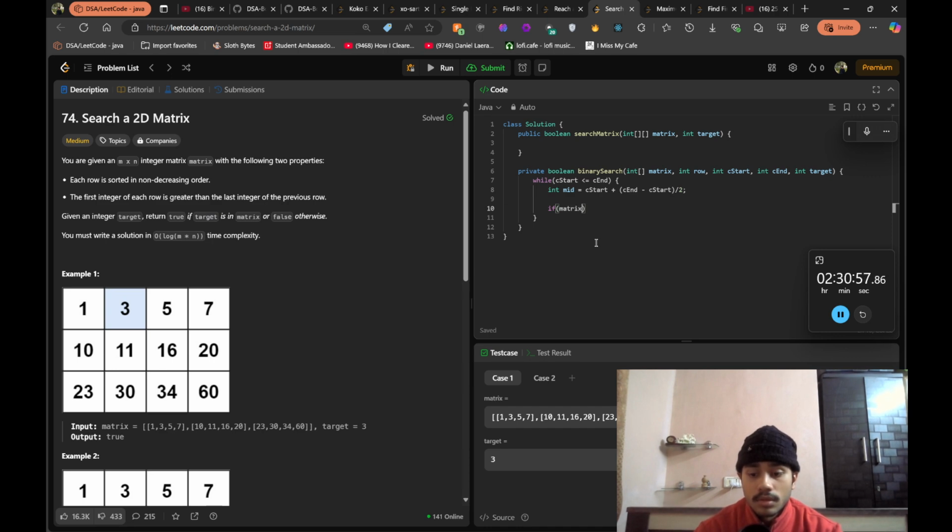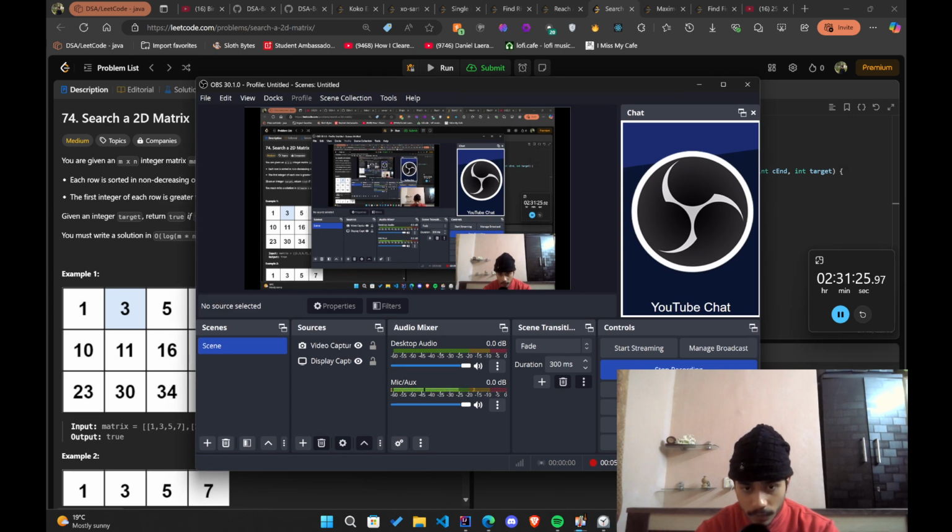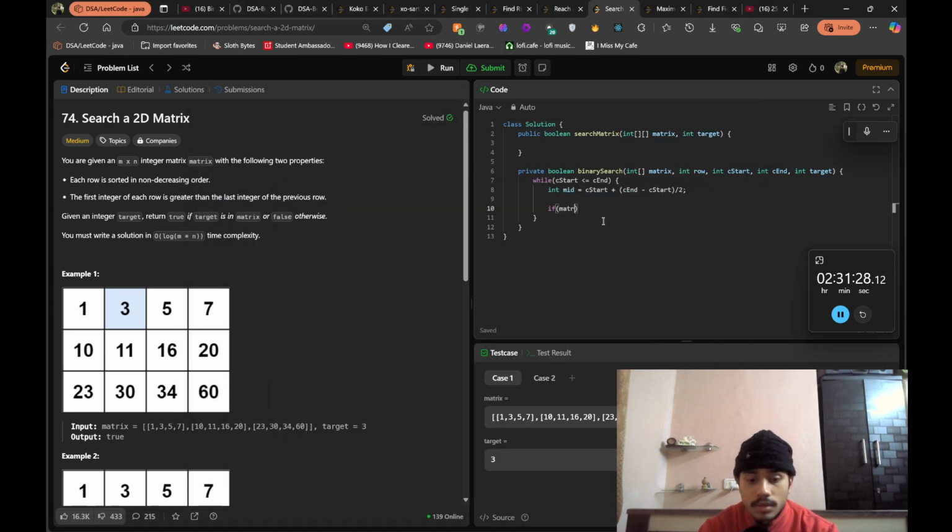Then we can have an if condition, like if matrix, no, what can be the if condition? Like we assume there is one row. So assuming that there is one row, we have a column start, we have a column end, we have a row. So in that matrix,